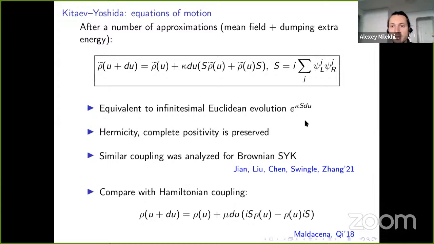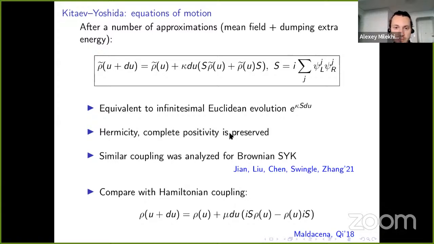In some, we called it soft projection because, with the usual projection, you either send the state to 0 or you keep it as it is. Here, you either keep it as it is or you multiply it by some number less than 1. So this is a soft projection. You don't project all the way to 0, but you decrease the amplitude. This is a good operation in the sense that you should check that it preserves hermiticity and it preserves positivity